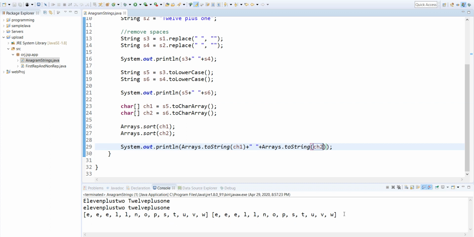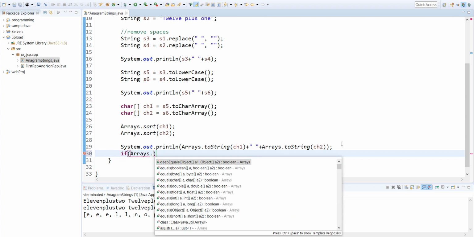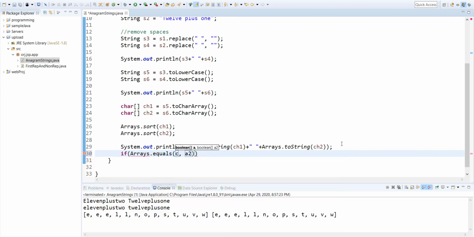Now we need to write the condition directly. If these two are equal, print that the strings are anagram strings, otherwise not anagram strings. For checking whether those two are equal or not, we have one inbuilt method called equals in the Arrays class. So directly make use of equals and pass ch1 as well as ch2.